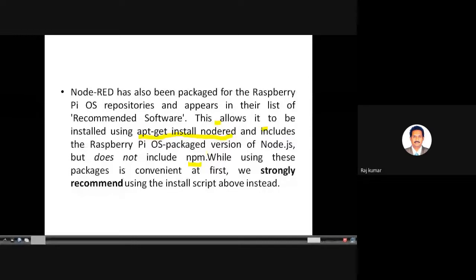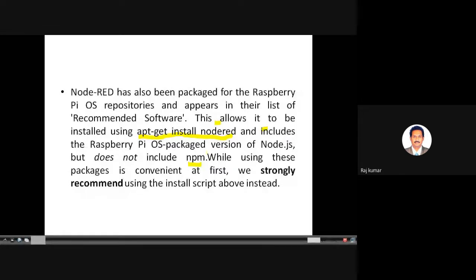So what I'm saying is some possibilities. If it is found, it's no problem. Otherwise, we need to install. Many ways are there. One is the curl command, which I said earlier in the previous slide. Another one is, if it is in the local system, you can use sudo apt-get install. First thing is you have to install npm. Later you have to install Node-RED. Otherwise, Node-RED will not be found. It cannot be installed by itself. It's not an executable file. Some dependencies are there with npm. So that is one case.